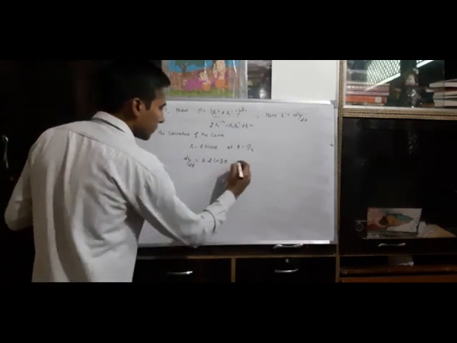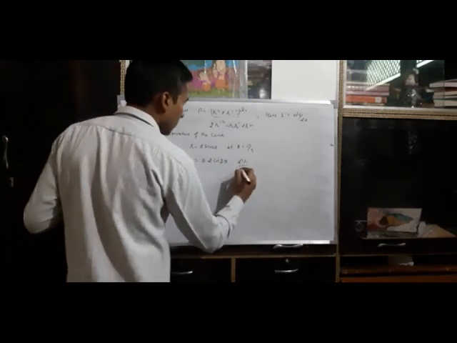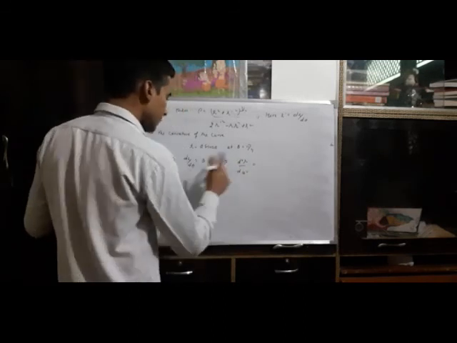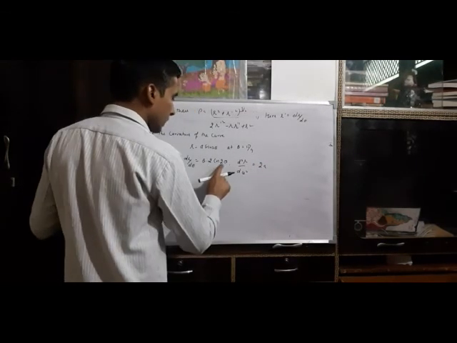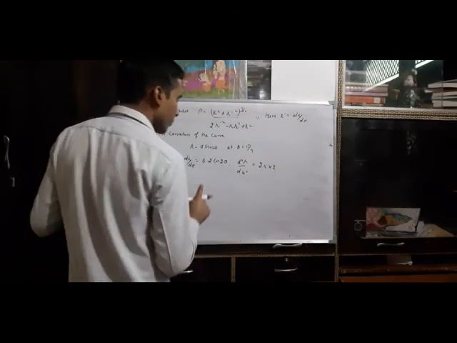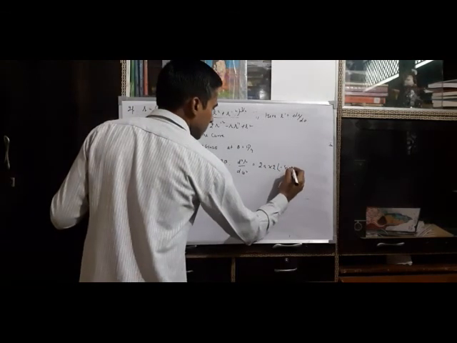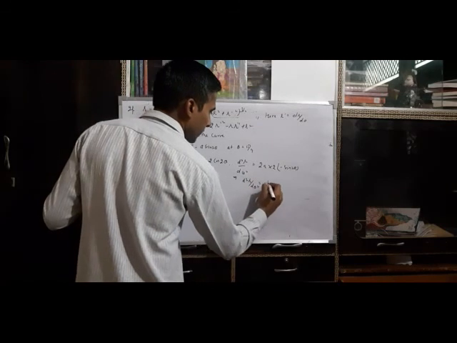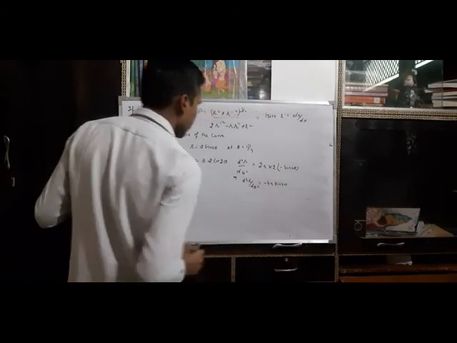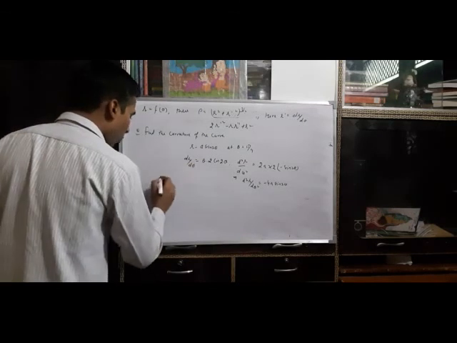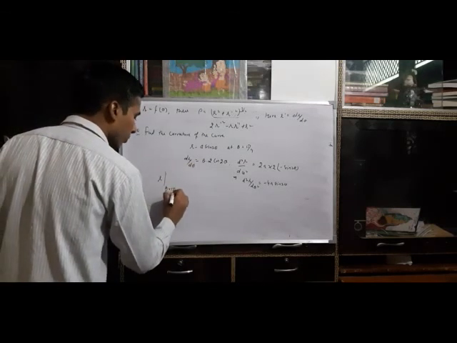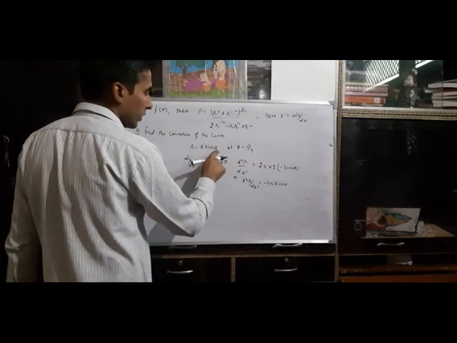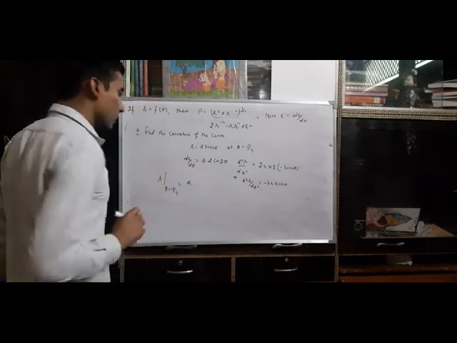Again differentiate this: d square r by d theta square. What will it be? It is 2a, a is constant, the derivative of 2 theta is again 2, and the derivative of cos 2 theta is minus sin 2 theta. That implies d square r by d theta square is minus 4a sin 2 theta. And now the value of r at theta equal to pi by 4: this gives sin pi by 2, and sin pi by 2 is 1. So this gives the value a.